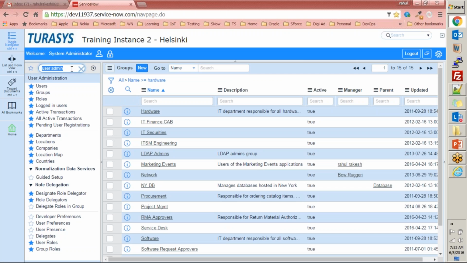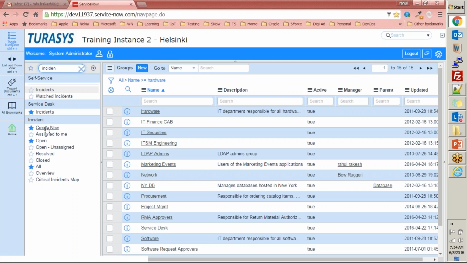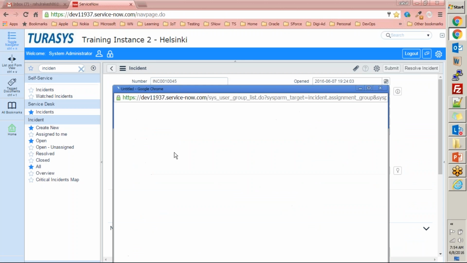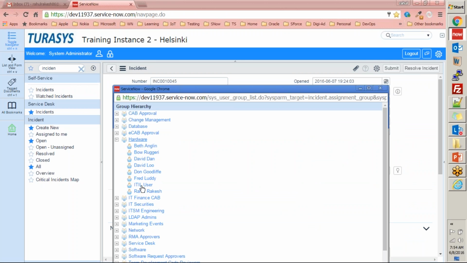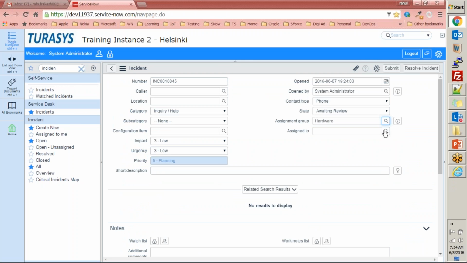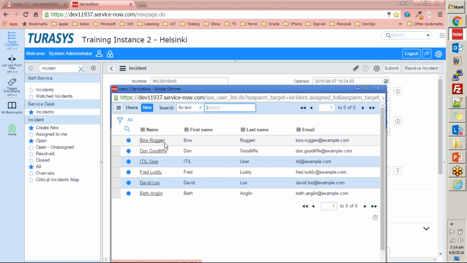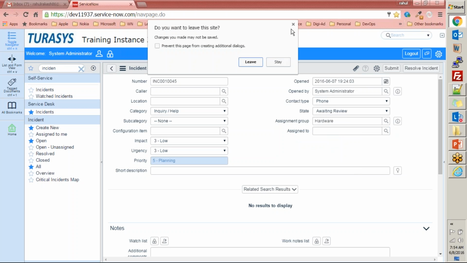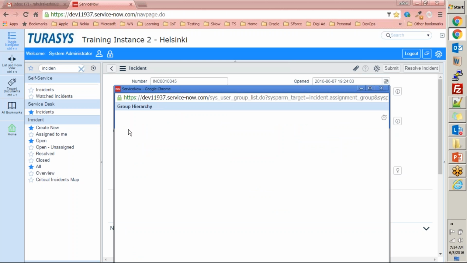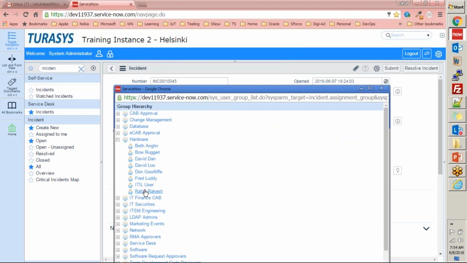That's correct. Now it should come there. If we create incident, pick hardware group. Yeah, now it is coming as my name. If I go here, this is not showing. So it looks like there is some data dictionary, some reference qualifier applied onto this one. Assigned to, let me quickly see. See, this group here, hardware group, is showing that my name has been associated here, right? Rahul Rakesh is being displayed here.